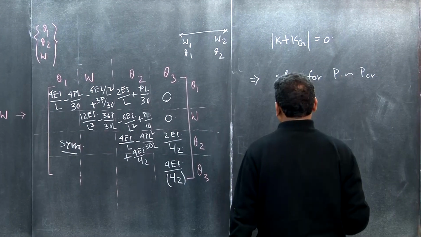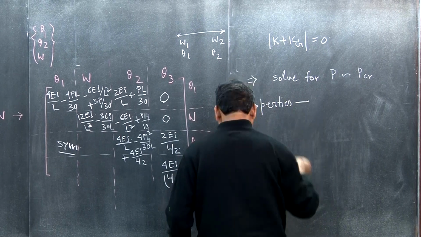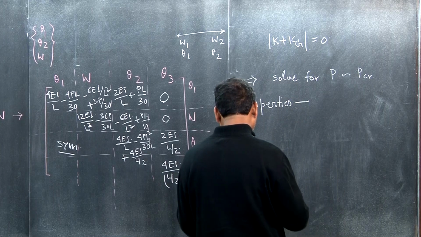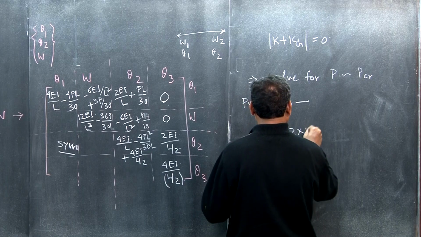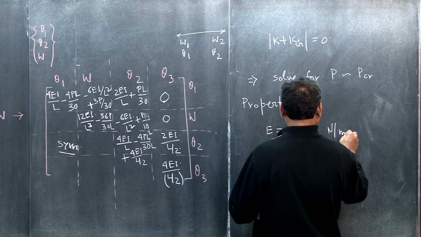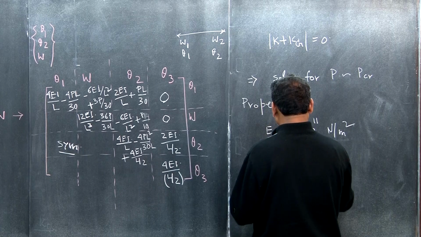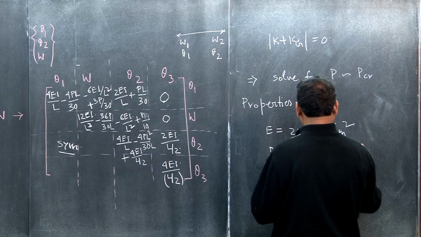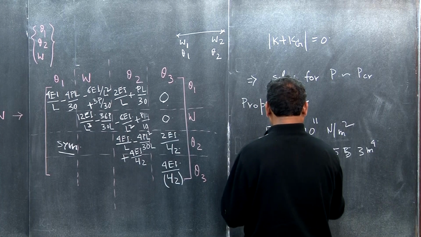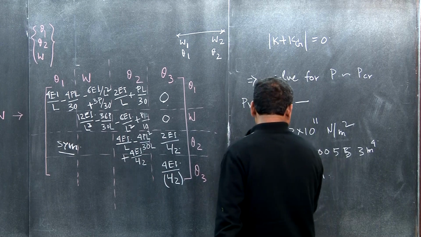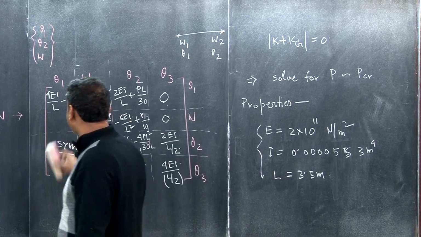So the input properties that we are going to give: you take E equal to 2 into 10 to the power 11 Newton per meter square, I to be the second moment of area 0.0000533 meter 4, and L is 3.5 meter. Okay. If you take that and then substitute,